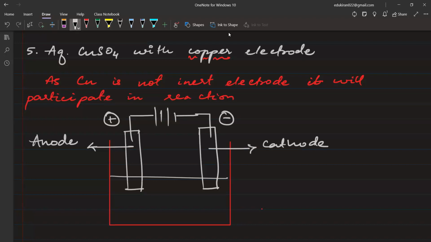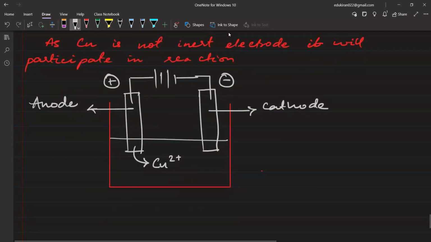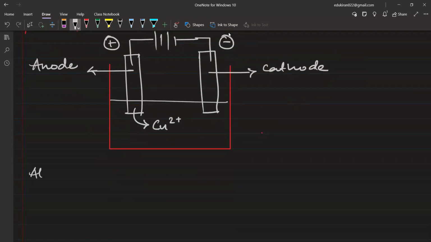ठीक है, दिस इज एनोड। एनोड में क्या होता है? एनोड में आपके पास क्या होना चाहिए? एनोड में होता है ऑक्सीडेशन, ठीक है। तो कॉपर जो यहाँ पे है, कॉपर इज गोइंग टू गिव यू Cu 2 plus टुवर्ड्स द सॉल्यूशन। तो कॉपर से Cu 2 plus क्या हो गया? ऑक्सीडेशन हो गया। सो एट एनोड व्हाट हैपेंस? इज राइट, एट एनोड copper solid gives you Cu 2 plus 2 इलेक्ट्रॉन,